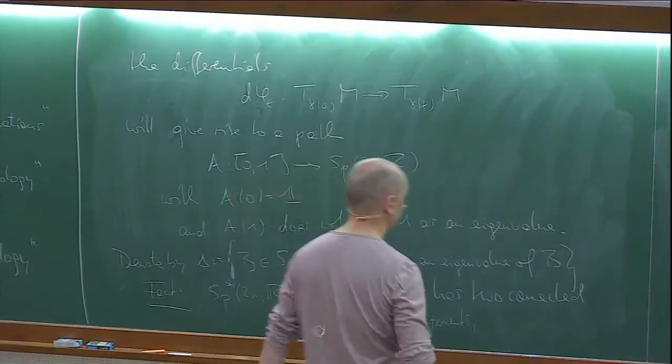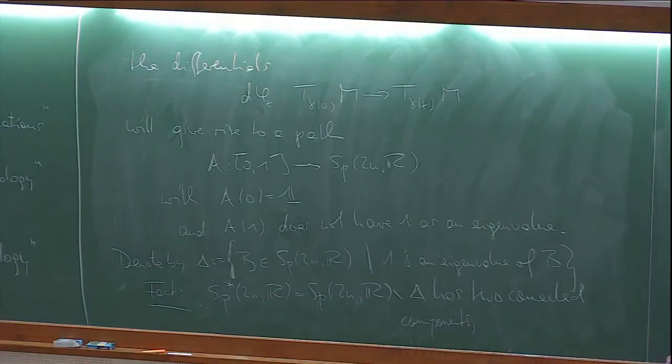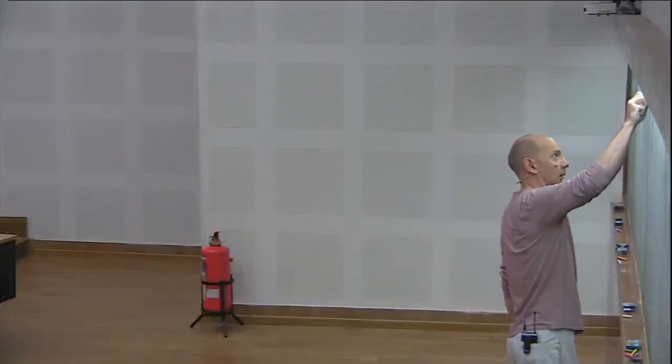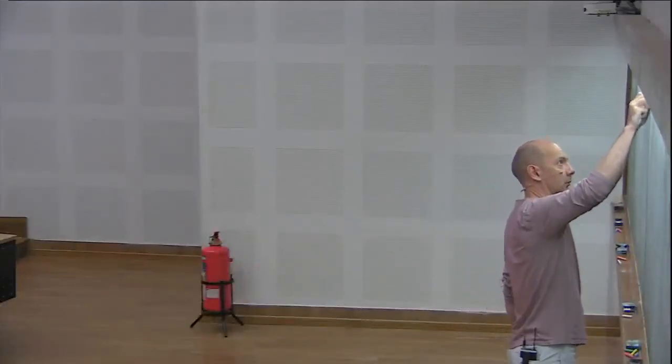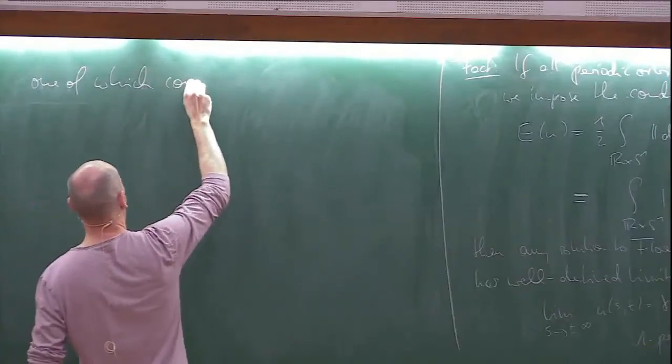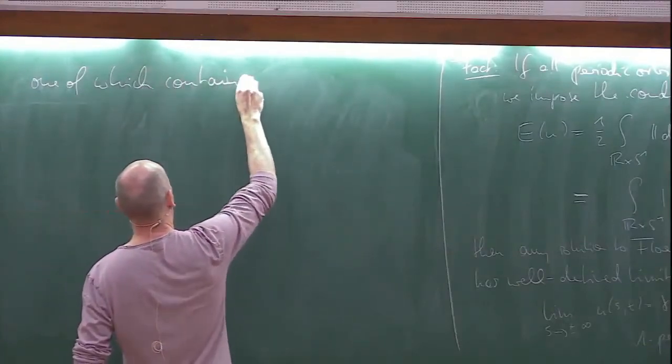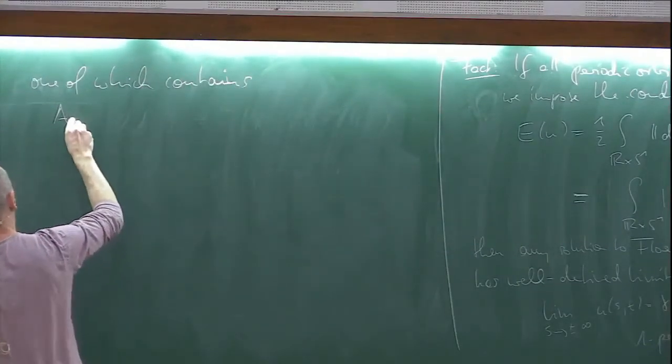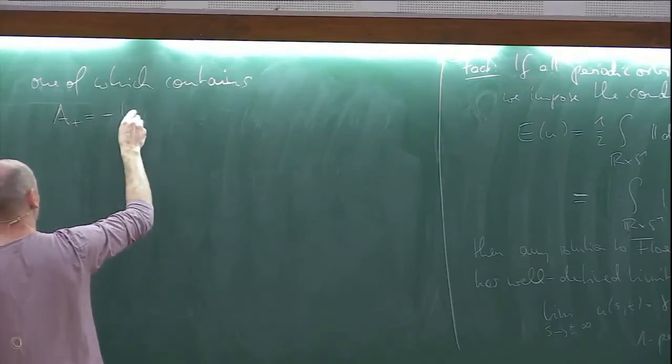And just for later reference, I can choose specific base points in each of these components. One of which contains A plus, which is minus the identity,